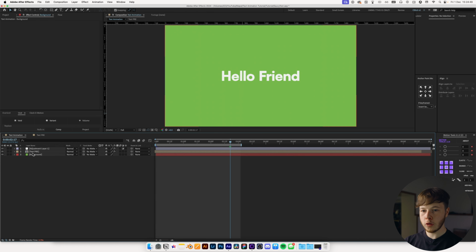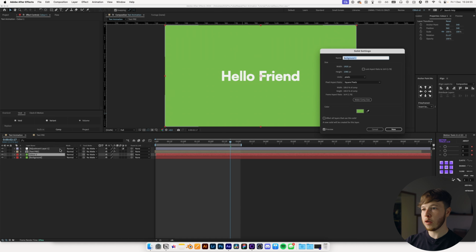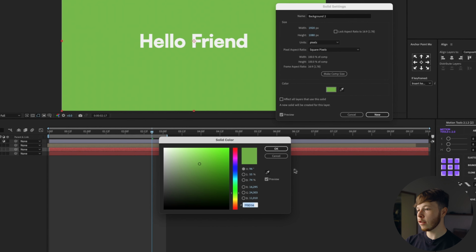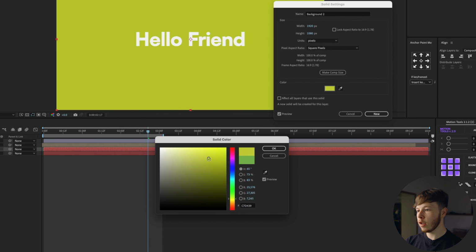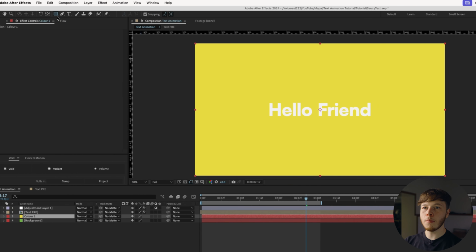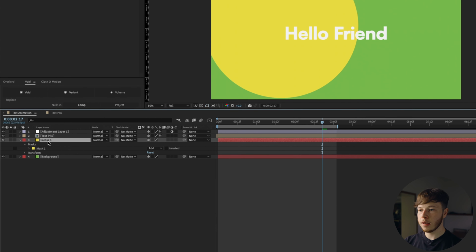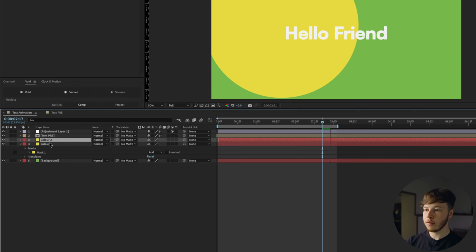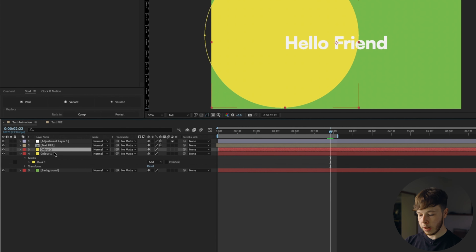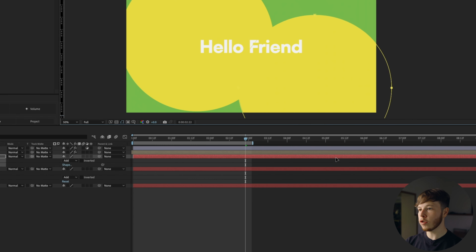Maybe duplicate the background and just name this color 1, and then Shift Command Y to bring up the solid settings and change it to something maybe a yellowish tone of color, maybe a little bit darker than that, closer to orange. Get that in there, and then draw a mask. Let's just get a nice mask like this in here, and we will duplicate that, hit M to bring up the mask path, just click that and hit V, and then just draw it somewhere else, maybe